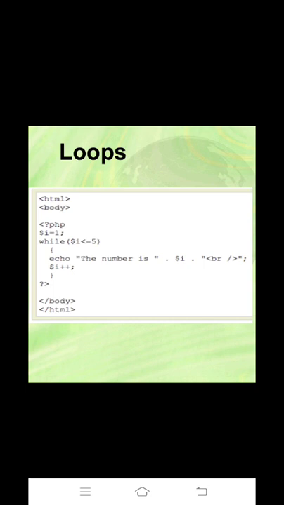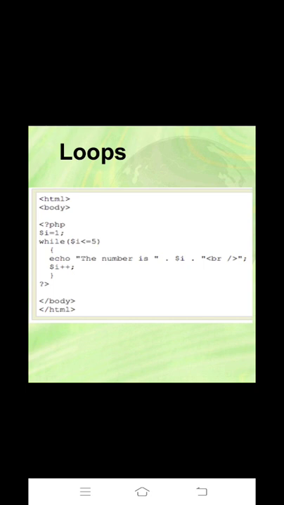Same thing, suppose you want to print the odd numbers up to 10. Just change the I value to 1, because 1 is the first odd number, and in the while statement, I less than or equal to 10.